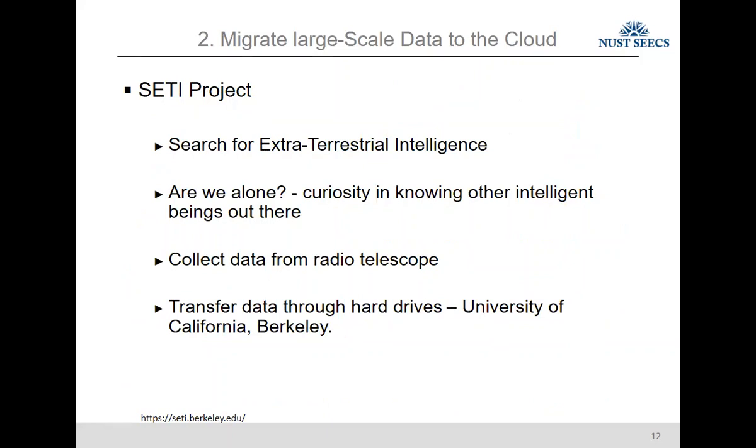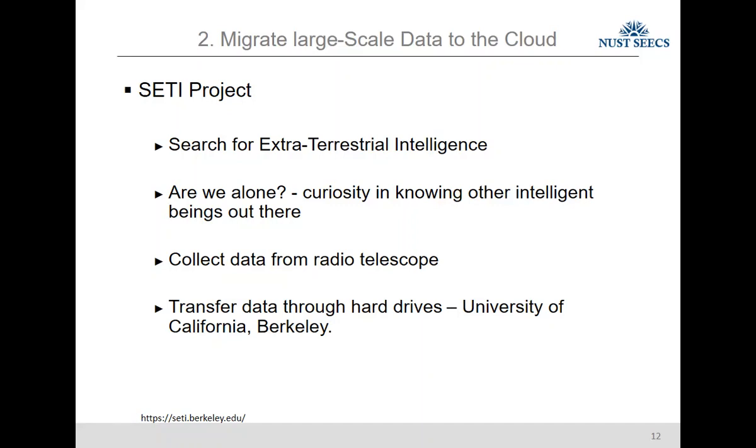Okay, so then we started exploring what other communities or cloud providers are doing for this. We came across the SETI project. SETI is the search for extraterrestrial intelligence. Their concept is that they are looking for other intelligent beings out there. They have a large telescope deployed in Puerto Rico, which scans and collects signals.